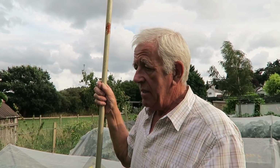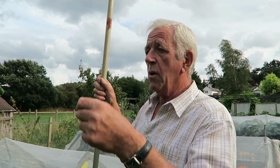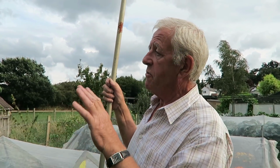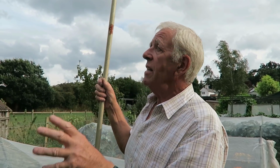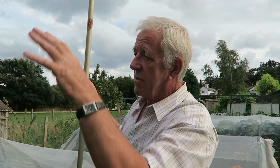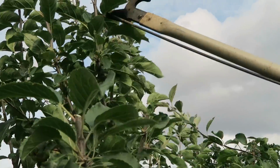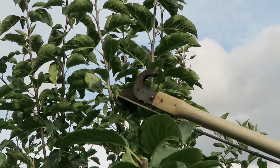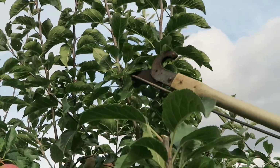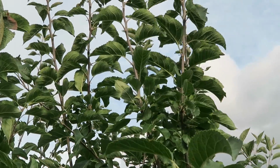We've actually pruned this since it was a maiden, which was more or less a twig, and we've kept the shape nice. It's fruiting nice. We can handle all the fruit from the ground, and that's my intention by cutting the top off, to keep it fruiting low so we can harvest it better. Where the point of the pruner is, I just want to take it just above there, and that's what I'm looking for, just above there. They're the ones that are going to bear the fruit next year, and I just want to take all this top growth off. So what we'll do